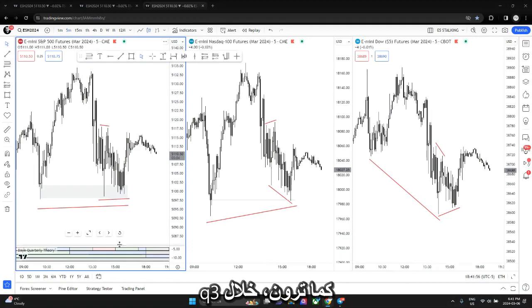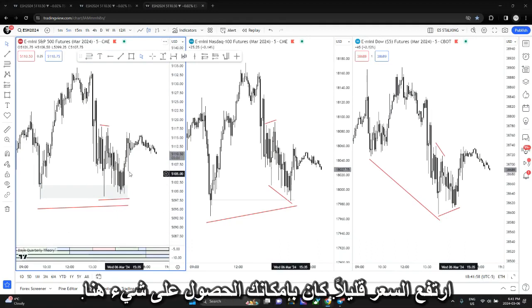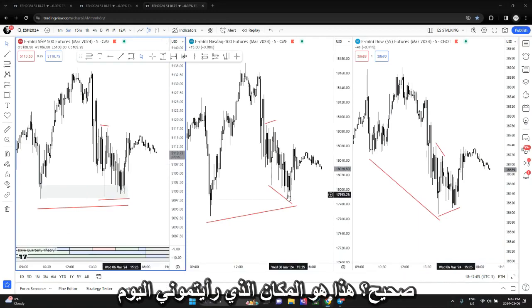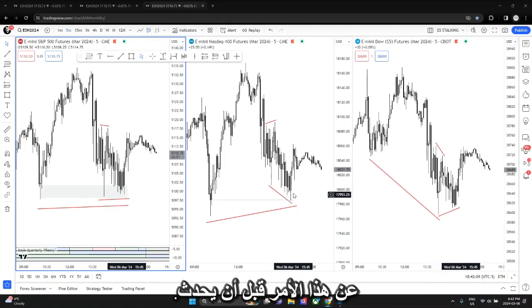As you guys can see, during Q3, we had price rally a bit. You could get something right here. This is a 5-minute chart. On the 1 minute, this would be a pretty good move, right? That's where today you guys saw, I posted about this before anything happened,